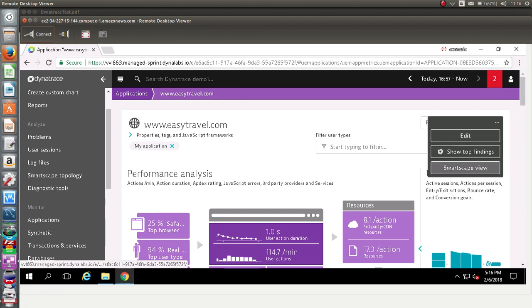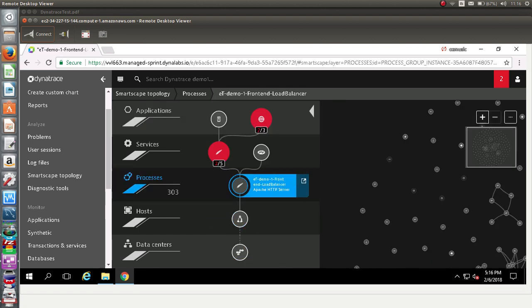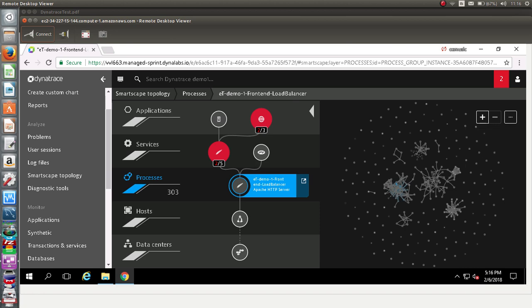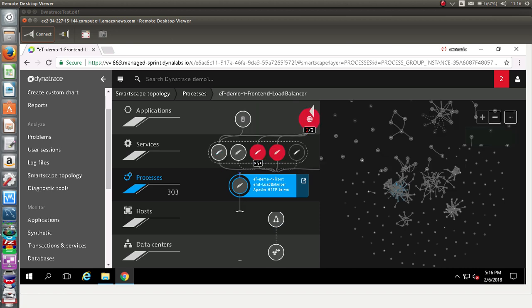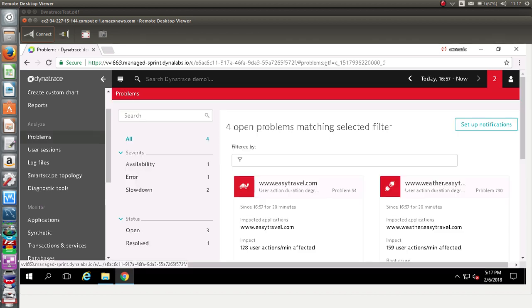We can see the Smartscape view of what is happening with this service. We see that this is the affected service, so we can go down and see what processes are impacted by this problem. Okay, we go back to problems,